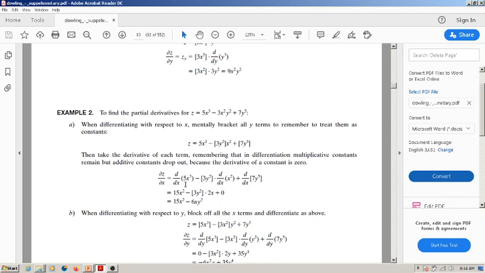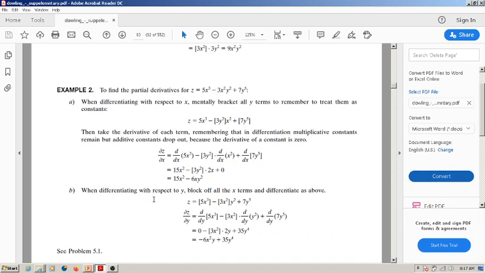Coming to the answer, 5x cube. When you differentiate it, it will give 15x square minus, retain 3y square as such, d by dx of x square will give 2x, plus 0. Differential of a constant is always 0. Final answer is 15x square minus 6xy square. You can open this bracket and write the term as 6xy square. Always remember to retain the multiplicative constant and to drop the additive constant. That is the main thing you have to remember while undergoing partial differentiation.